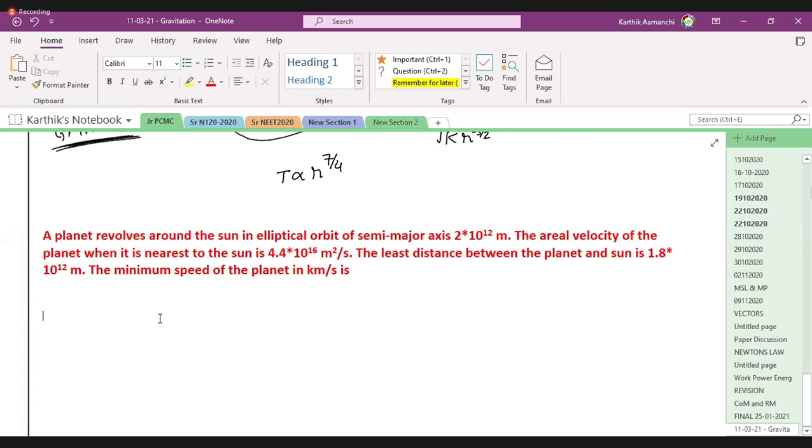The areal velocity of the planet when it is nearest to the Sun is 4.4 into 10 power 6 meters squared per second. The least distance between planet and the Sun is 1.8 into 10 power 12 meters. The minimum speed of the planet in kilometers per second is